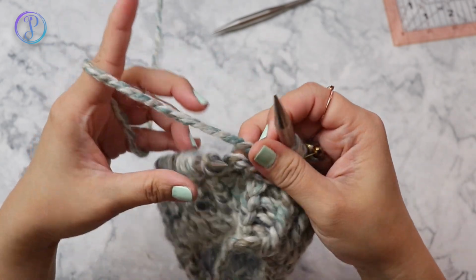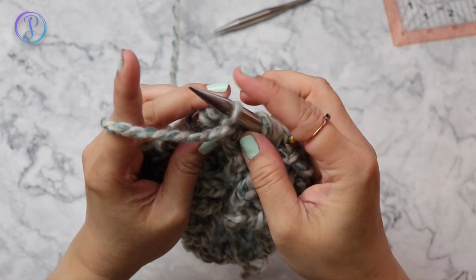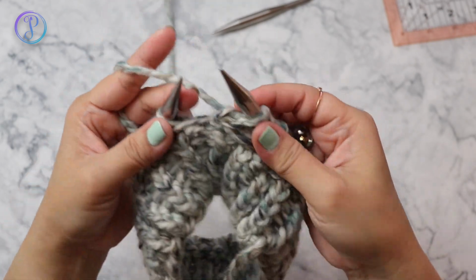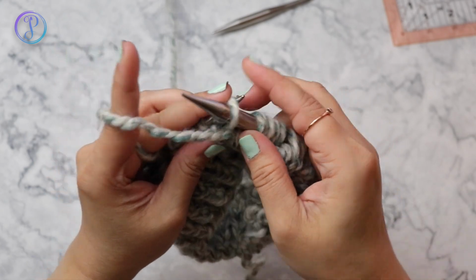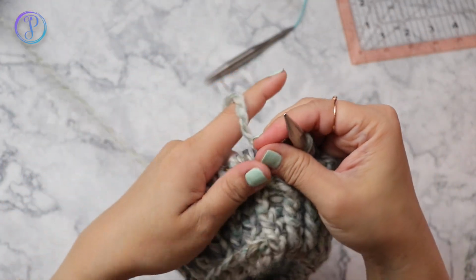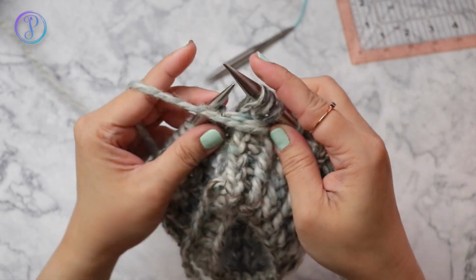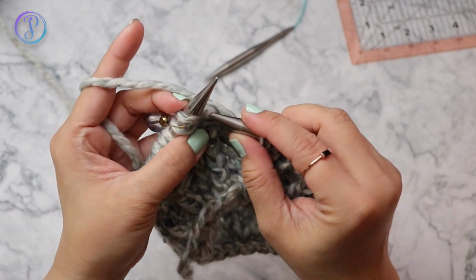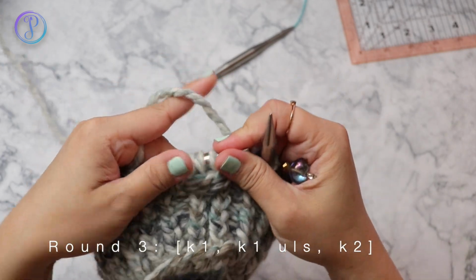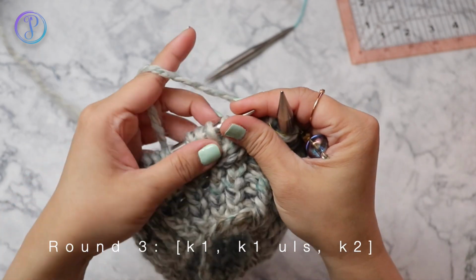Slip 3, knit 1. Slip 3 and knit 1. Okay, I'm at the last set of repeat. Slip 3 and knit the last stitch. Move my marker. For round 3, we're going to start with 1 knit,